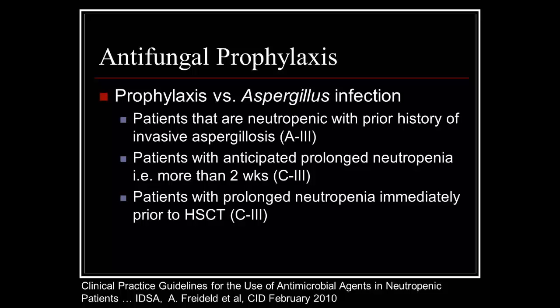Also, if you're neutropenic for more than 2 weeks, it is a C3 indication that you're at increased risk for mold, so then you need a mold antifungal type of drug. If you're prolonged neutropenia trying to go into an allo transplant, we try to keep you as healthy as possible. You're also at indication for using